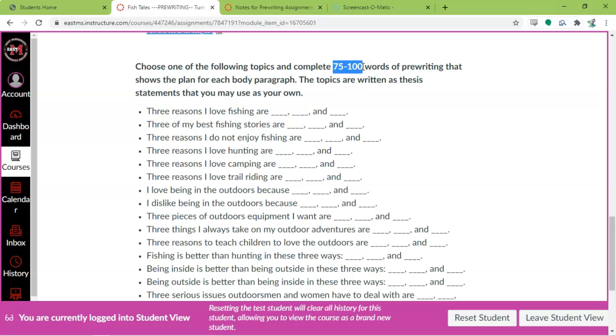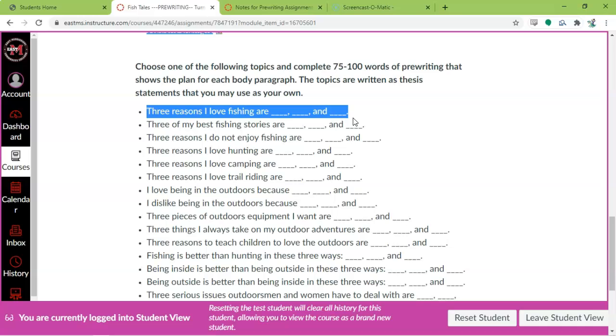And that pre-writing should show me the plan for each body paragraph. Now, I write my topics as thesis statements, and if you like the way I wrote my thesis statement, then you may use this sentence exactly as it is written. If you don't like it, you can change it up a little bit.